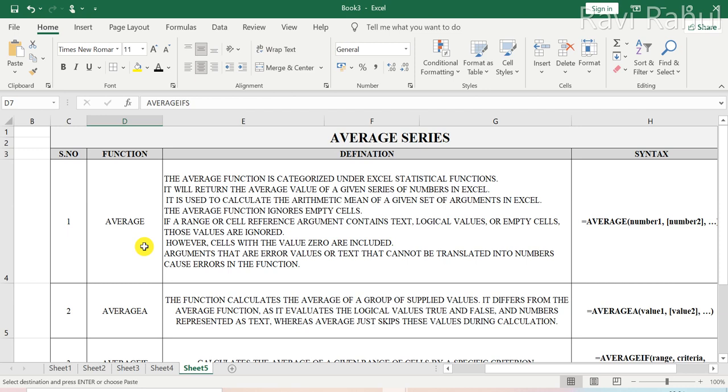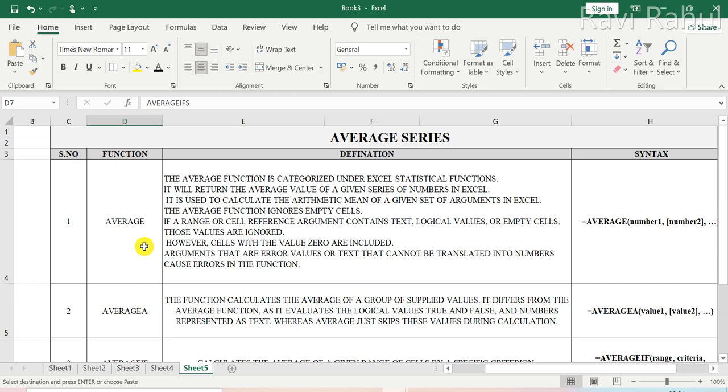It can only calculate the average of numerical values, and it will ignore the text, the logical values or any kind of empty cells.